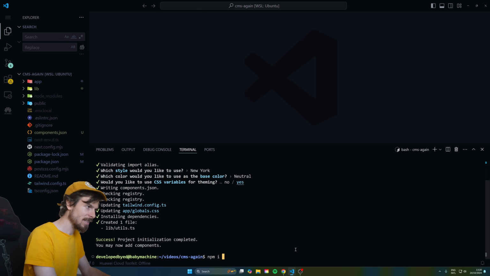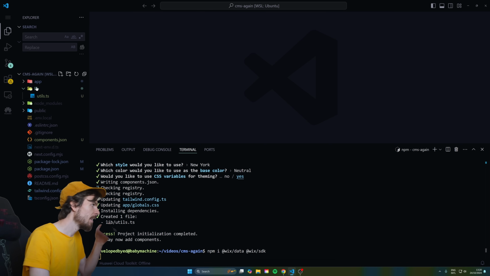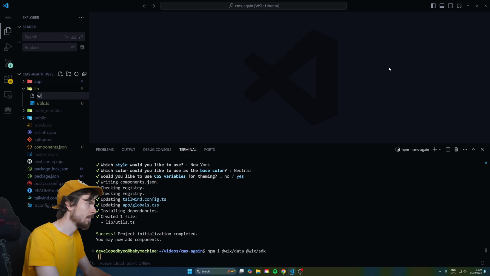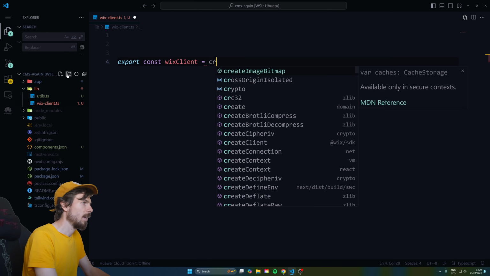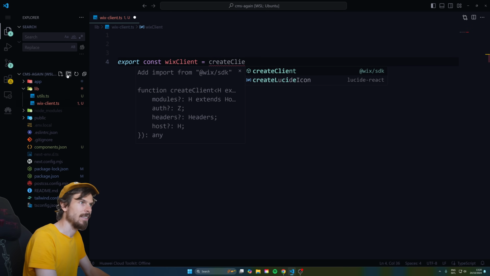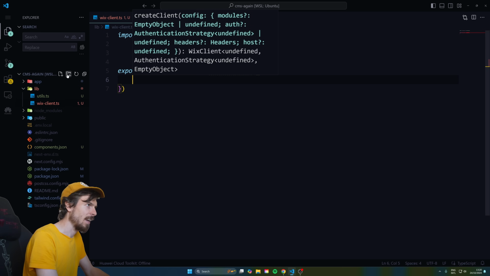So let's run those commands again. npm i, I'm gonna say wix data and add wix sdk. Let's run that, and let's initialize our Wix client. So I'm gonna say wix-client.ts. Here we go. So I'm gonna say export const wixClient, like that. And we're gonna say createClient, and as you can see, it's coming in from the SDK now, which is